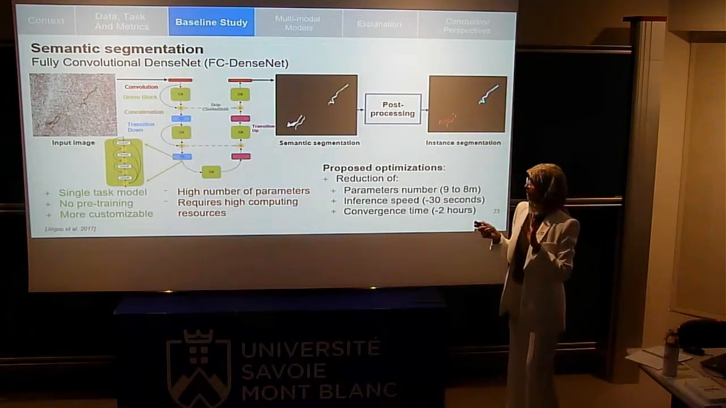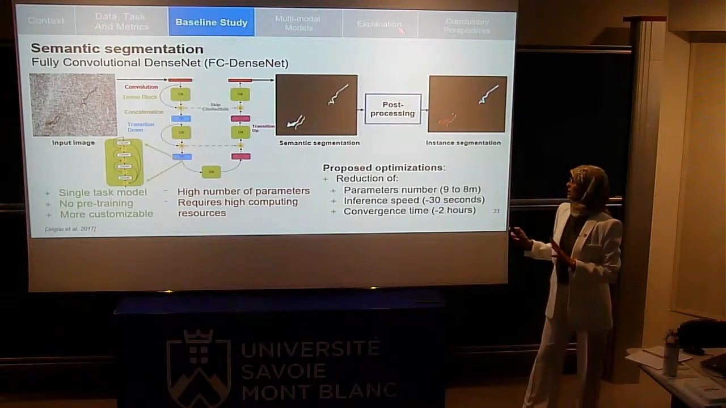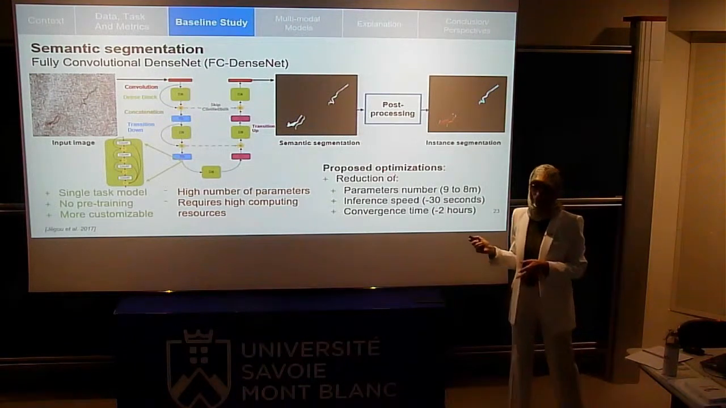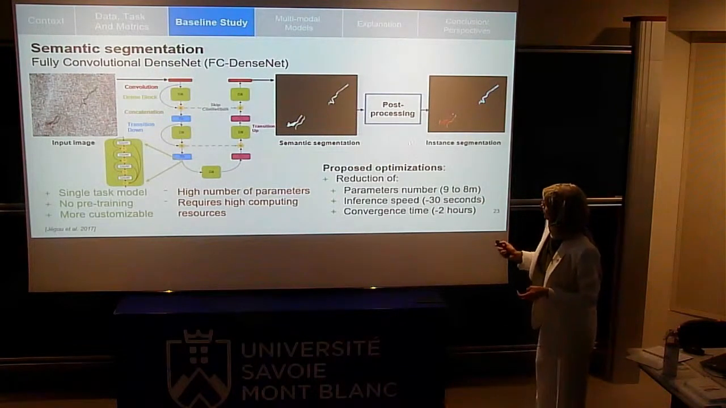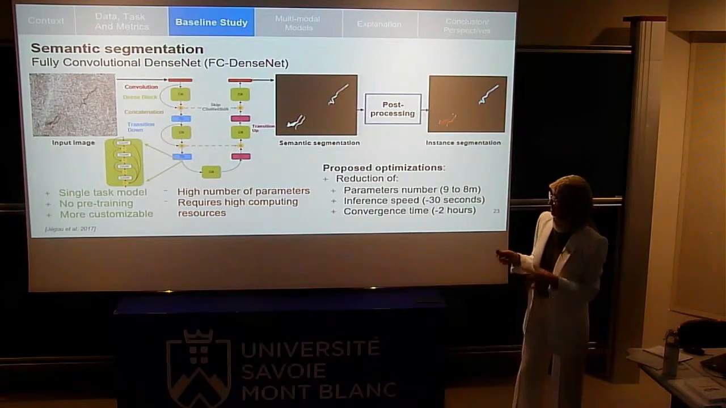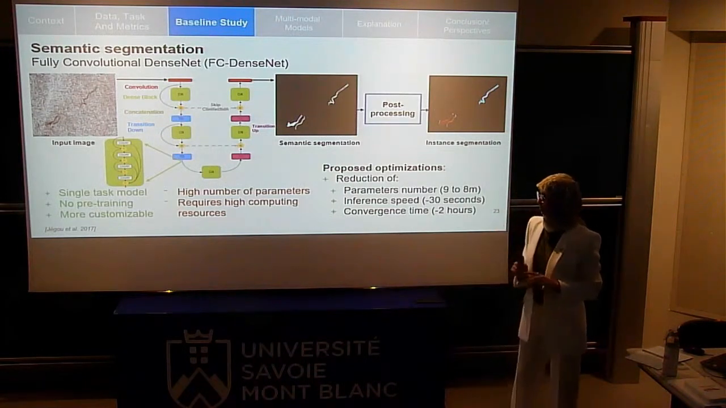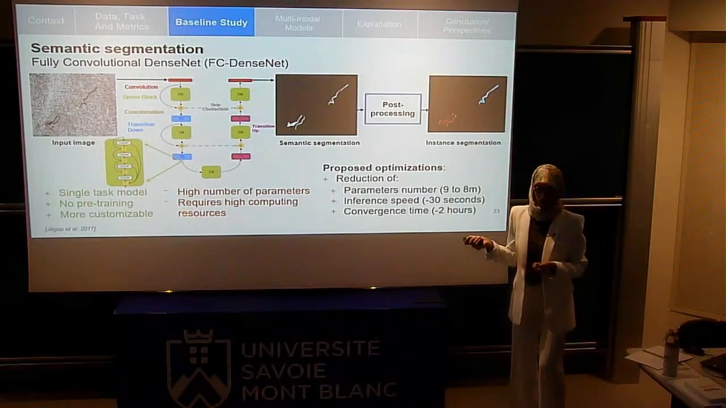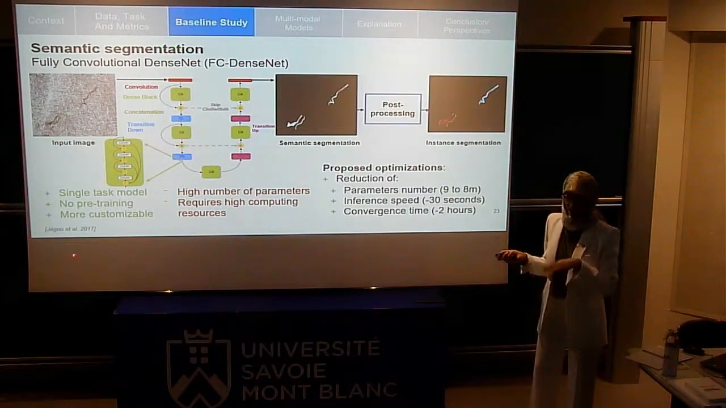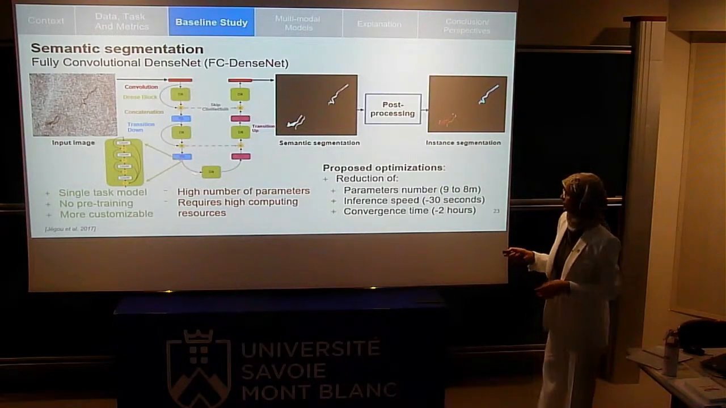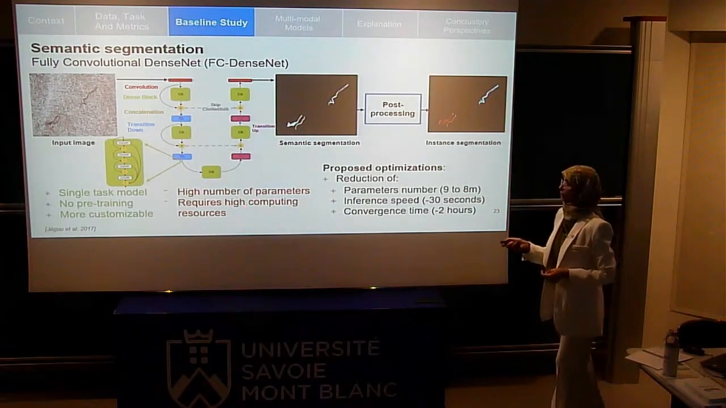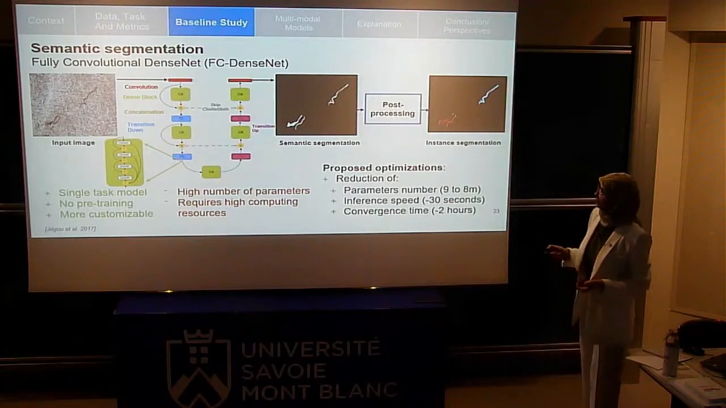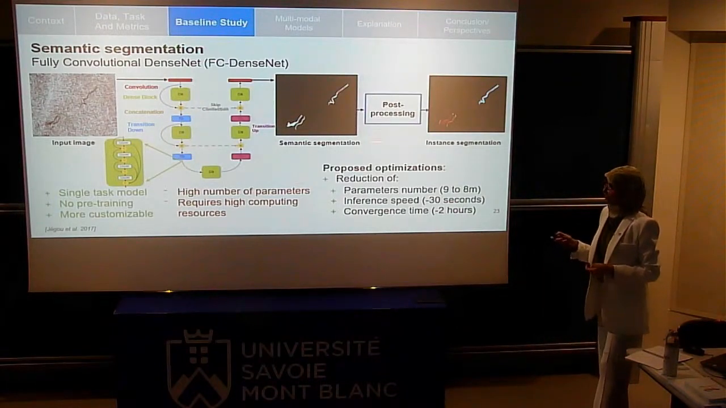We can move from this semantic segmentation mask to the instance segmentation mask by applying some post-processing of connected components. This architecture is simpler. It's a monotask model, and it doesn't require pre-training. We can customize it. We can train it directly on our data without having any bias. However, it also has a high number of parameters and requires computing resources. We focus on this approach and we optimize it